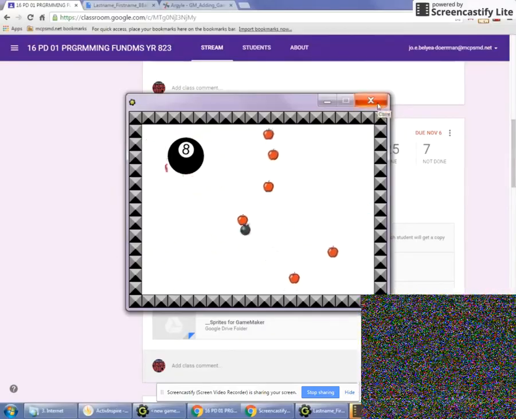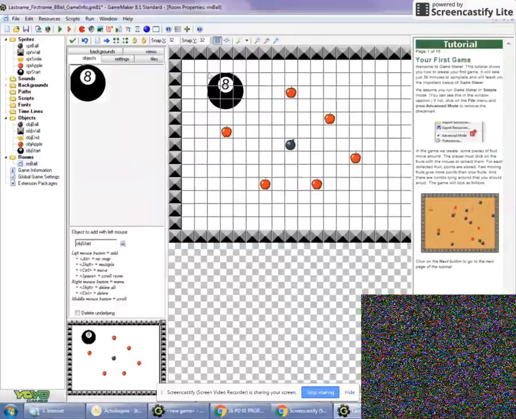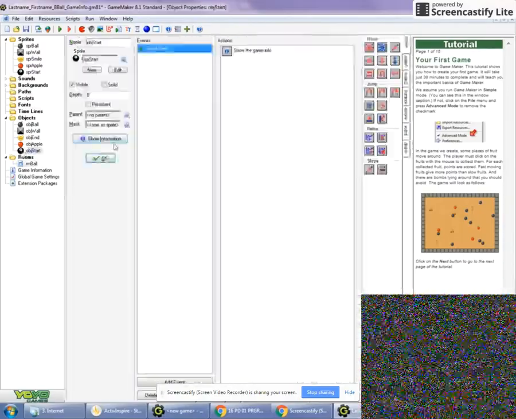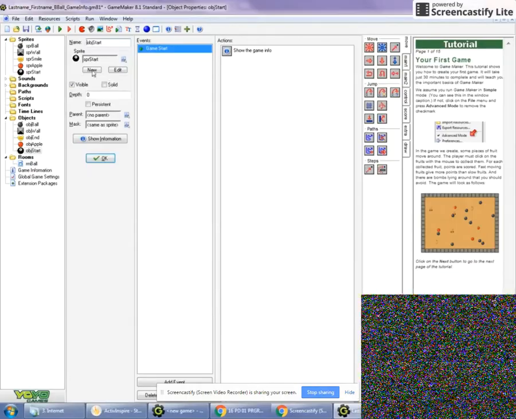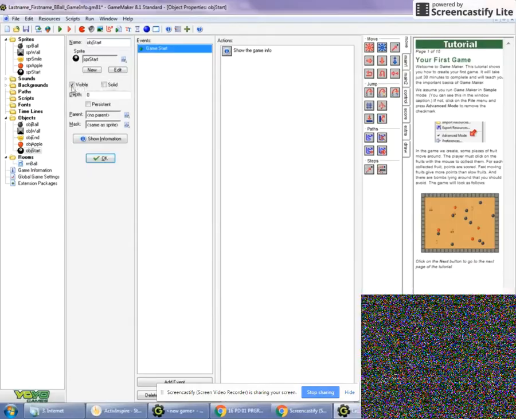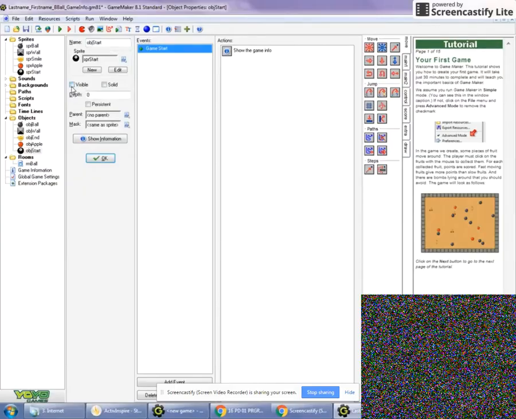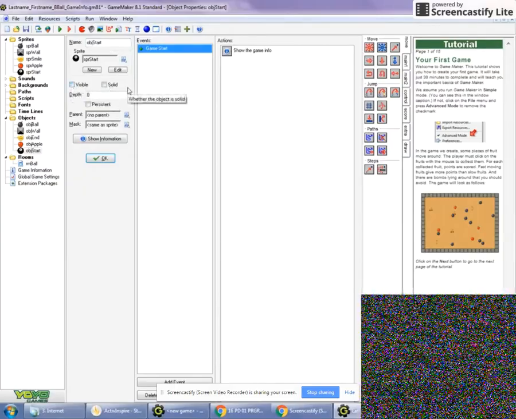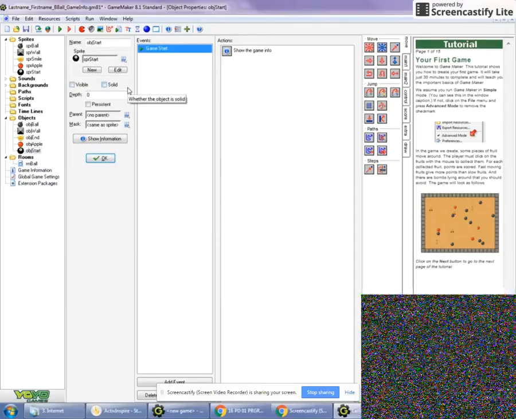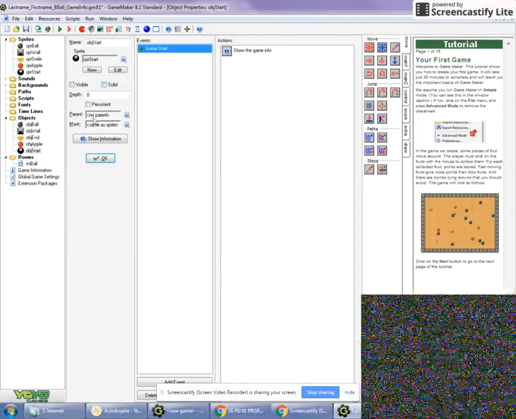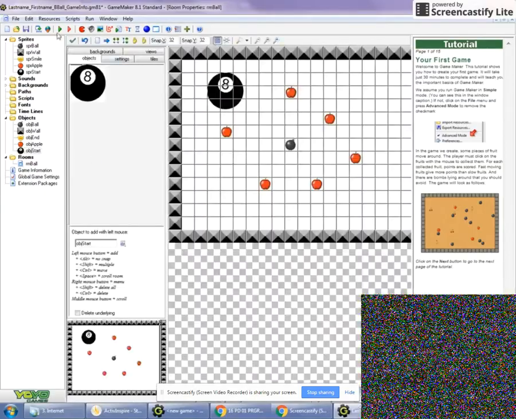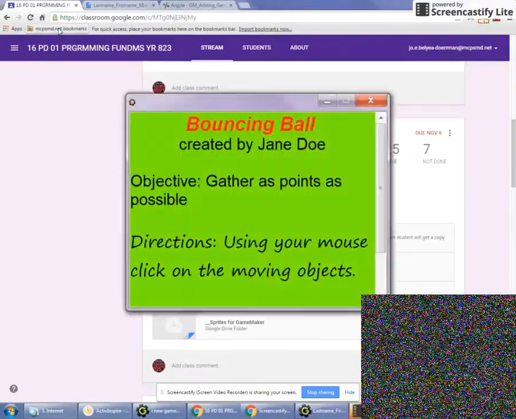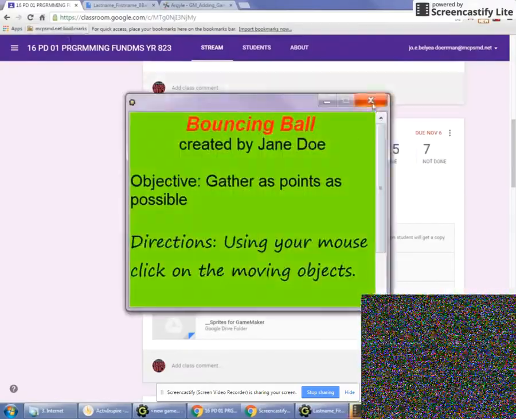So in order to get rid of that, I need to go back into my object start. And when we created our object, I didn't have you look at this, but you don't want it visible. You want to turn it off. You want it invisible. You don't want it solid. You want it just kind of sitting there in the background so you know it's there to do things for you, but your player doesn't know it's there. Now I click OK. And so now when I click play, it should have my game information, which it does,